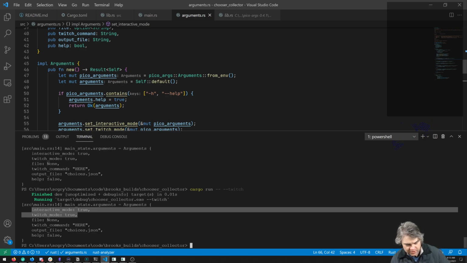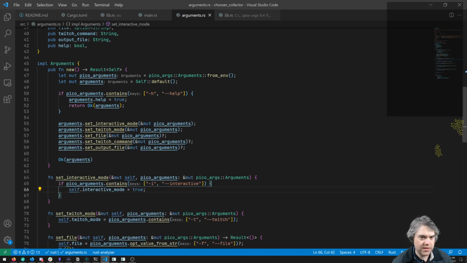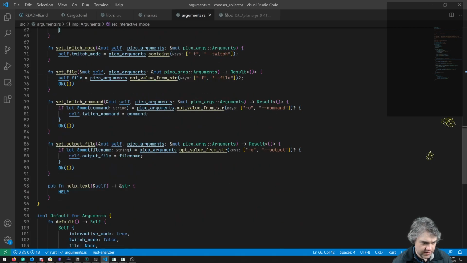Twitch mode has to be false. We don't care about the Twitch command. We don't care about the output file. But basically we can't set... Okay, so in arguments here,